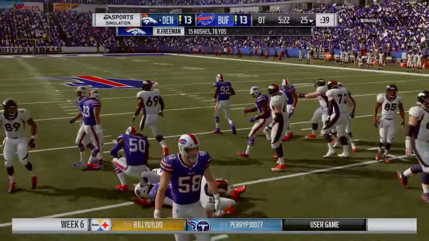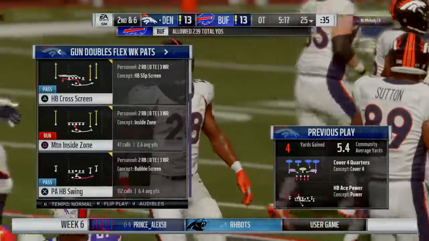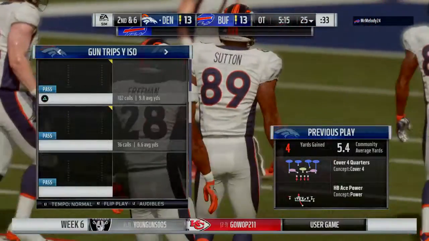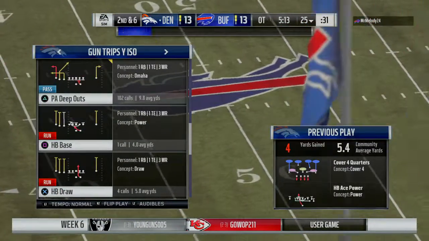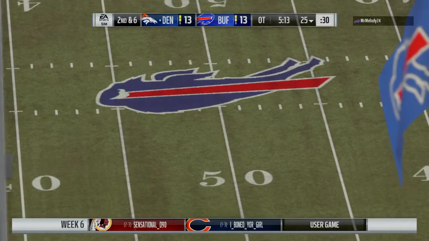And he'll find some space up to about the 25. And there on the tackle, Shaq Lawson. Short gain there to start overtime. Almost a tester play, wasn't it? Wanted to see if the guys on defense were going to fit the gaps the correct way, because we're in